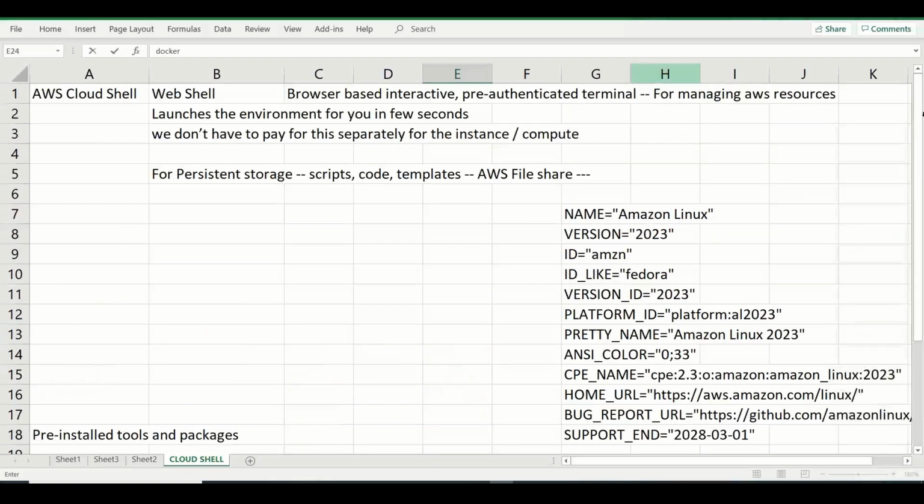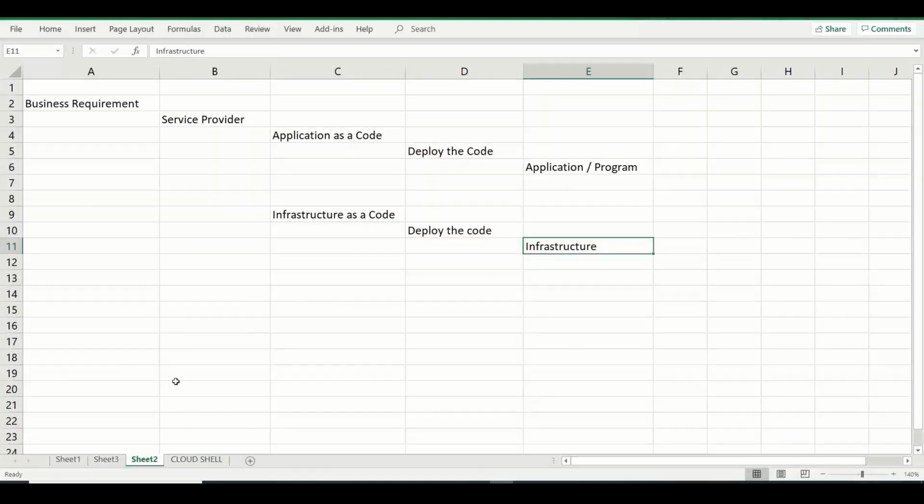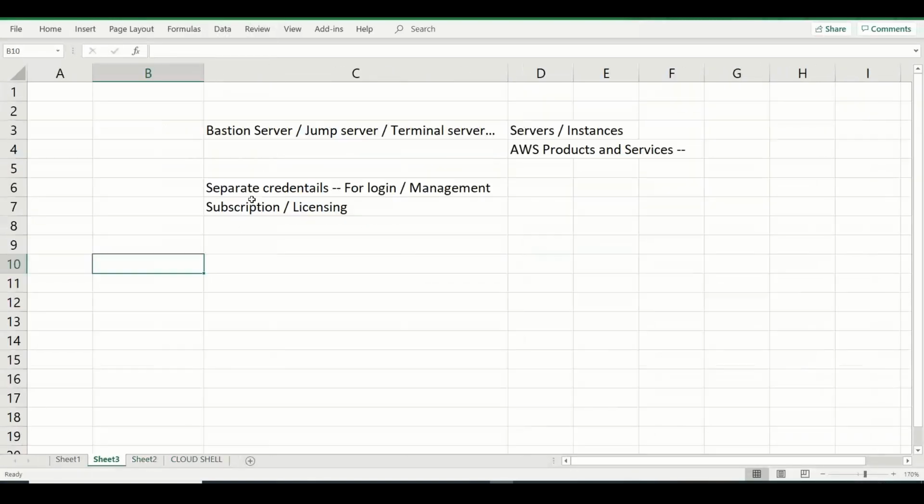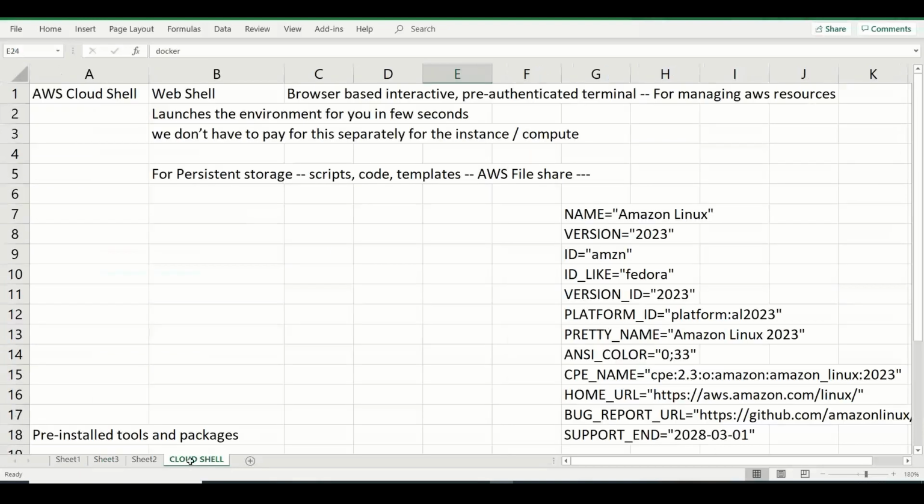See, generally, if you want a management jump host or an environment to manage your environment, you have to spend time deploying these systems. You have to manage this environment. You have to upgrade and update those operating systems. You have to pay for the licenses, with additional overhead and an additional jump to reach the destination environment. So here, the Cloud Shell is part of your